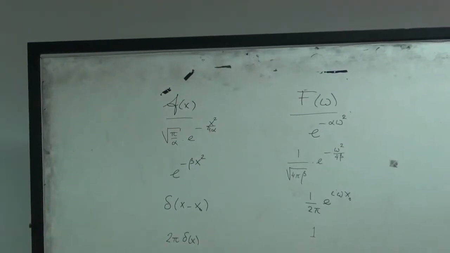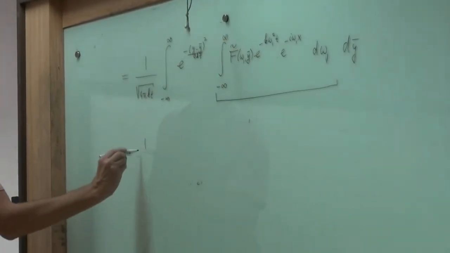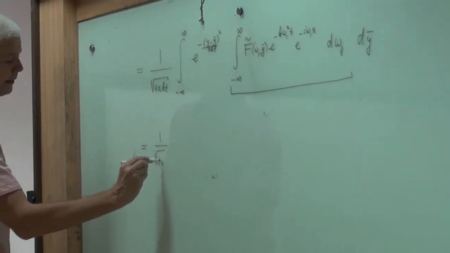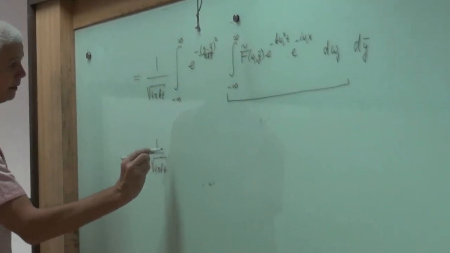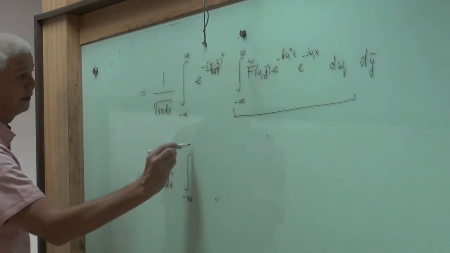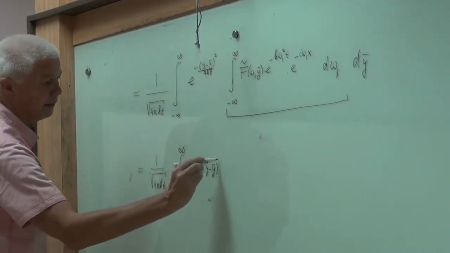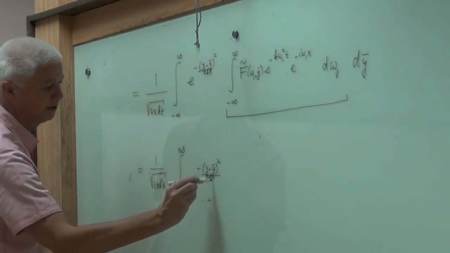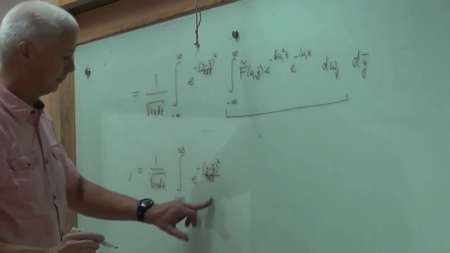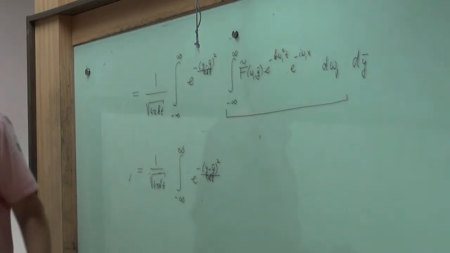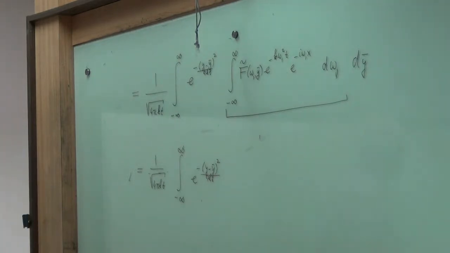Yeah, so I'm doing the same thing again. So I can write down 1 over the square root of 4 pi kt times the integral from minus infinity to infinity e to the power minus y squared over 4 kt times, and then I get, well, start with the square root of